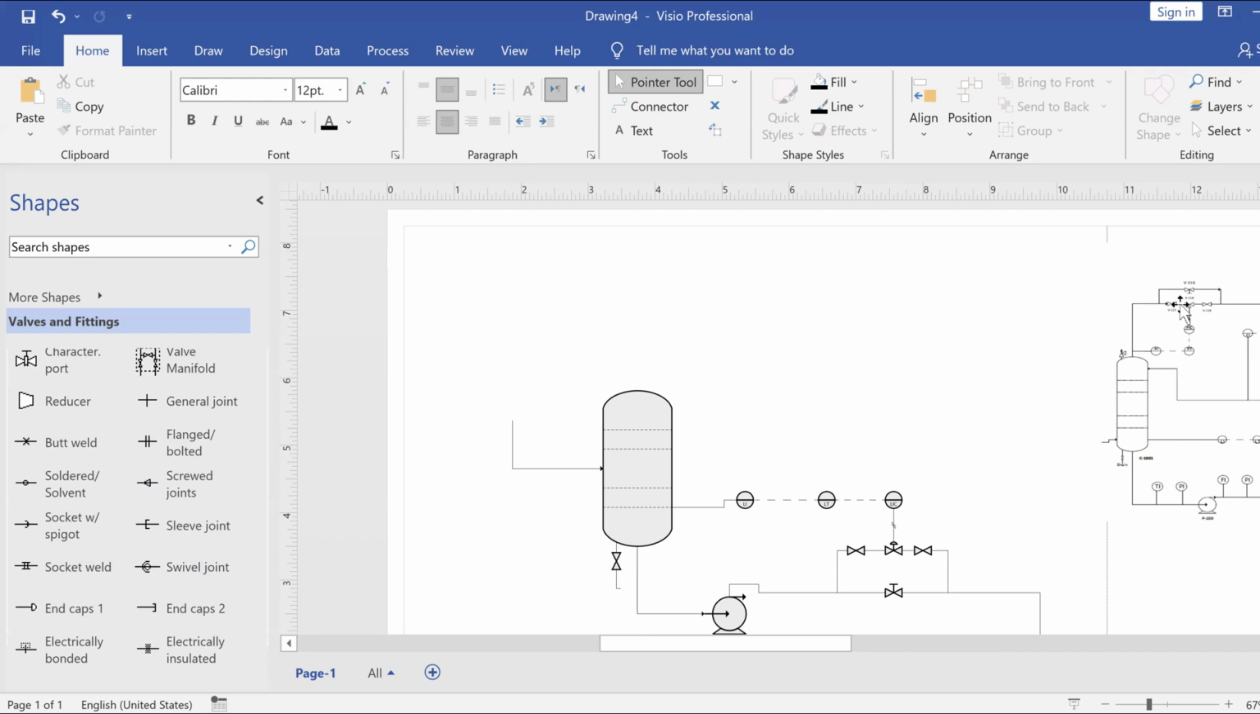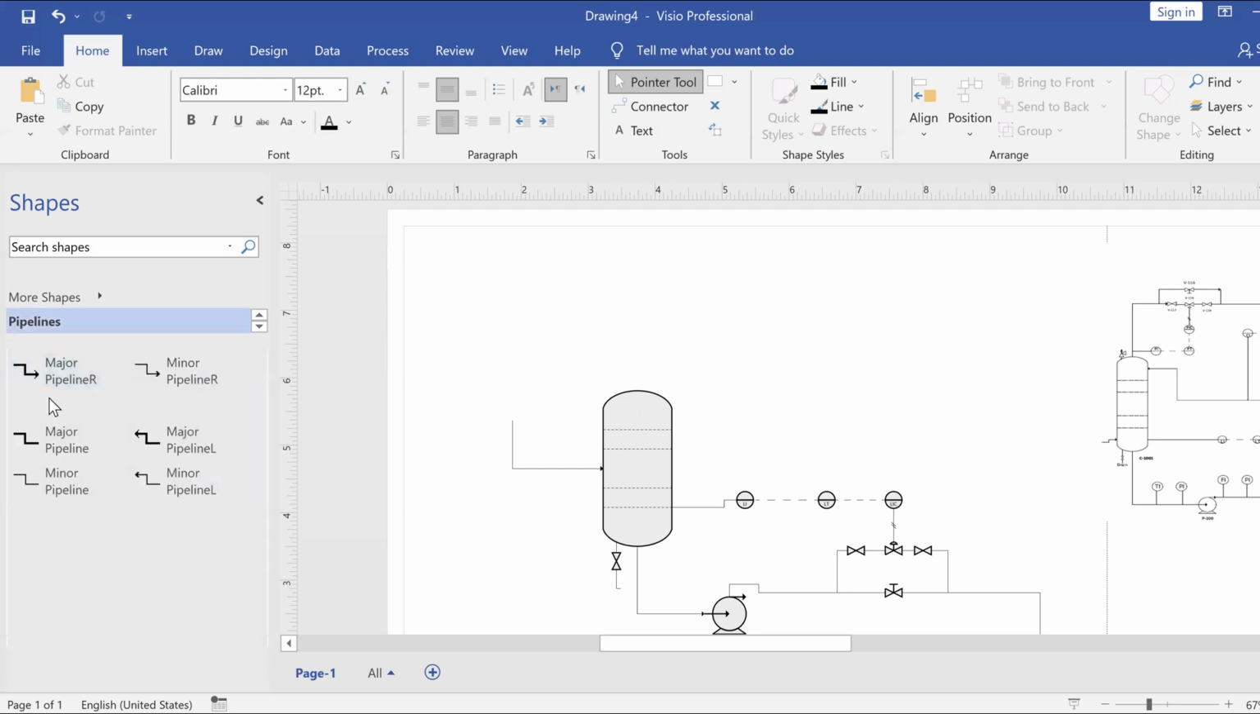So the first thing we're going to add is just a pipeline leaving the absorber from the top. So here's a major pipeline, and we're going to connect it to the top of the absorber. Perfect. So now we add this valve connections the same way we did over here. Okay, so the first thing we're going to need is